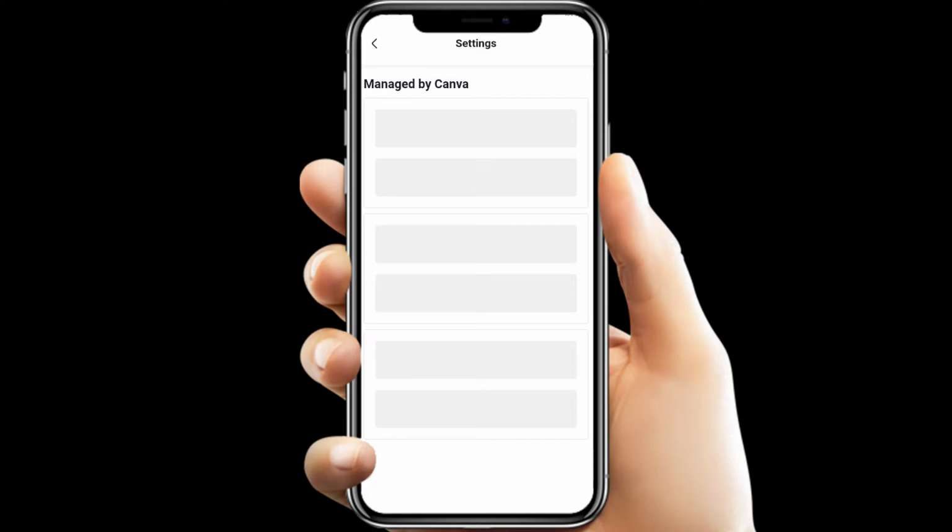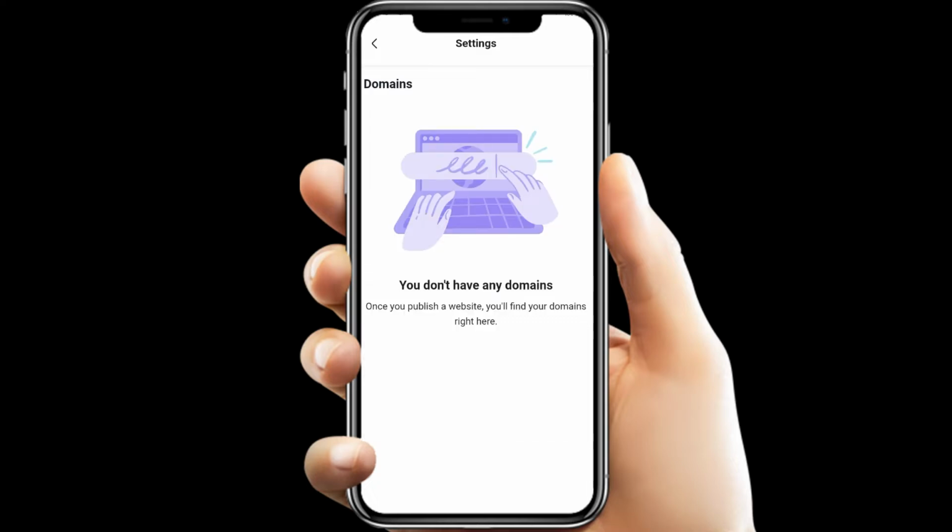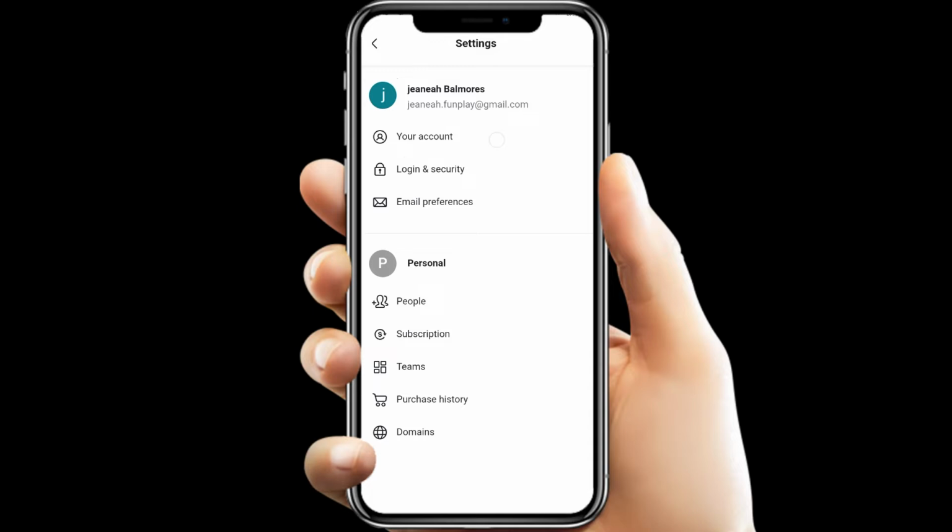These domains will appear only if you created a Canva website and published it, and you can find it here. Your account,